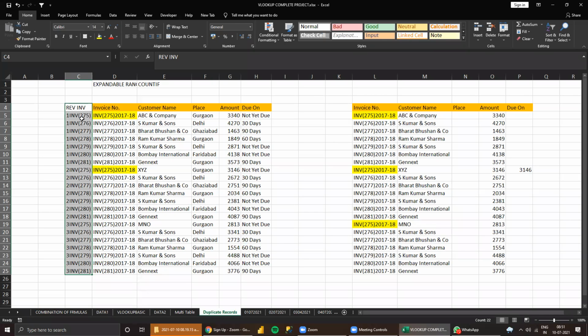No duplicate records. Always remember, the feature will never change. One formula has only one feature. By using the formula, we need to fulfill the feature. Very, very important. Okay, got it?